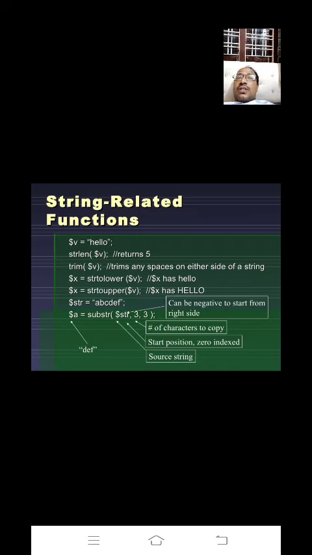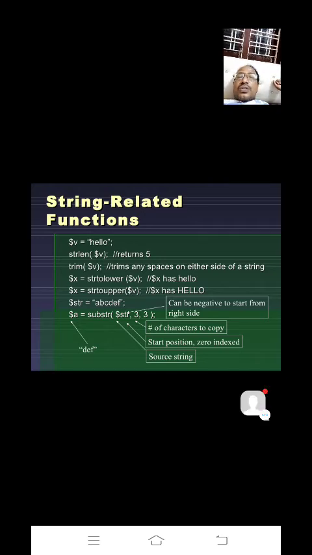The definition is already written in the compiler, so these are known as built-in functions. Not only strings have built-in functions; there are mathematical functions, text related functions, so many types of functions. Likewise, strings also have predefined functions for handling them.